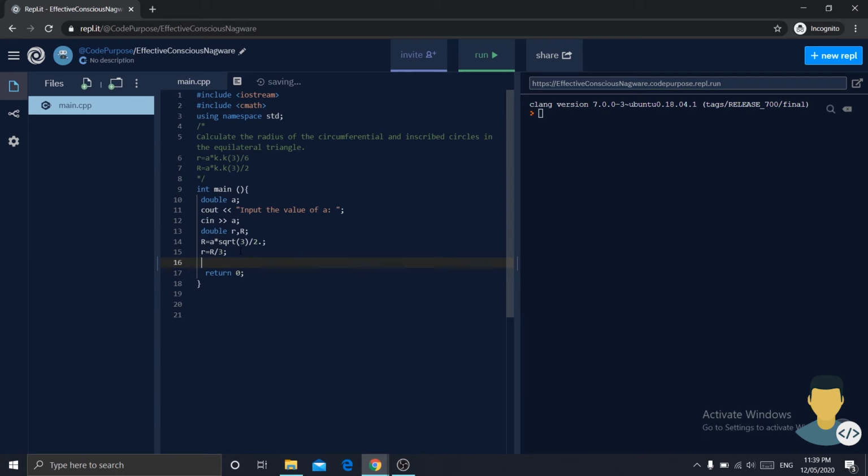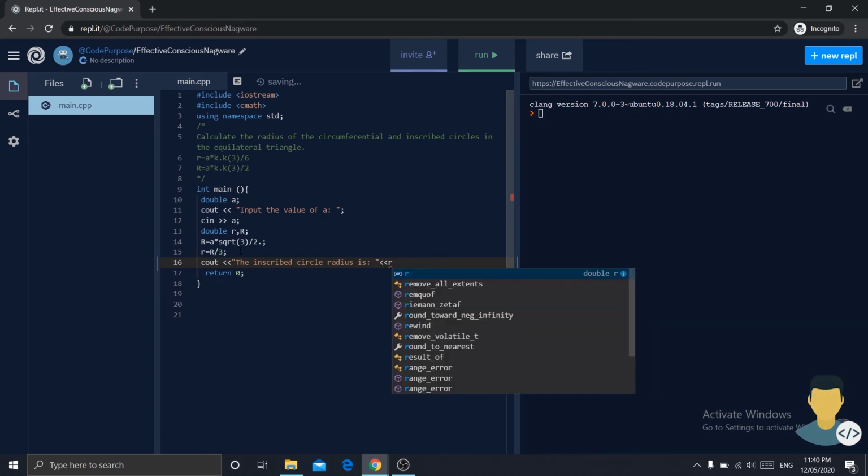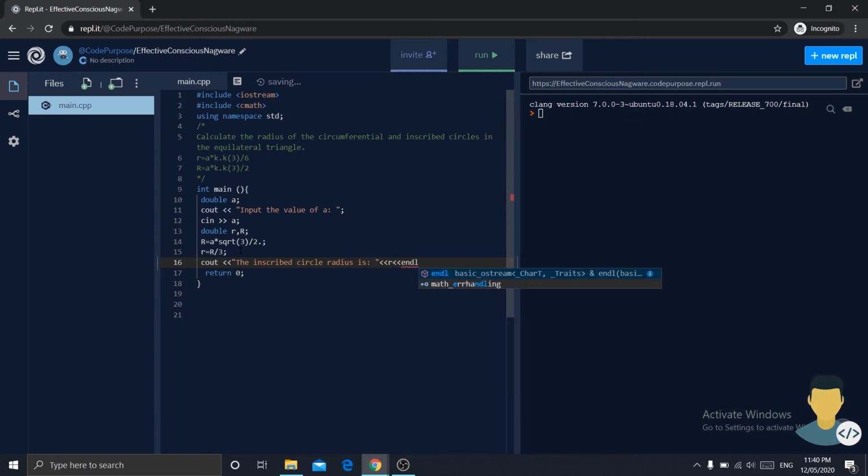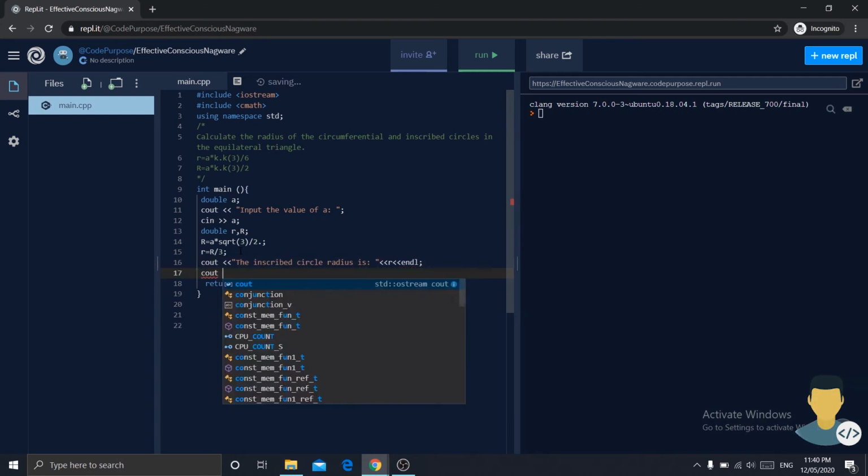Now we will just need to print them. Cout the inscribed circle radius is r. Let's put an end line and